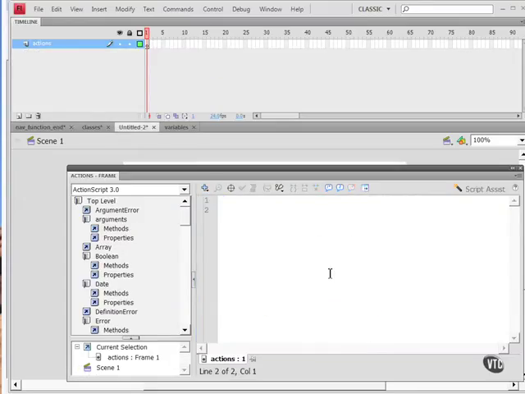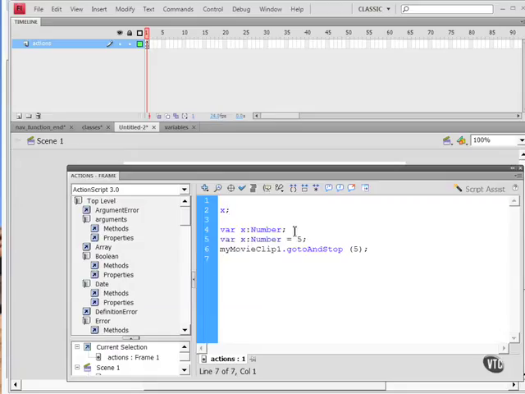Now expressions must be complete. This is an example of an incomplete expression, x semicolon. I have the semicolon there, but the reason this expression is not complete is that we've not correctly constructed this variable, nor do we initialize it or assign it a value. Instead, we would write x colon Number and put the term var in front of it, and then end it with a semicolon, or var x colon Number equals 5, or here's another expression, myMovieClip1.gotoAndStop(5);